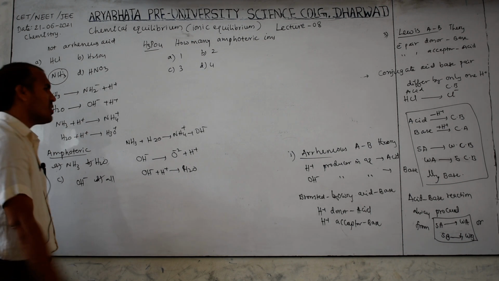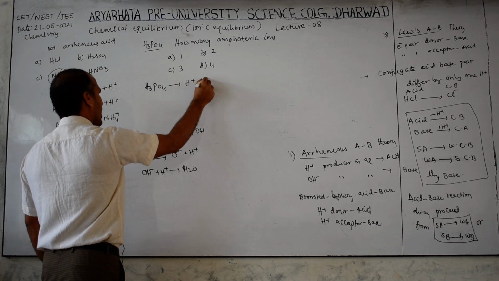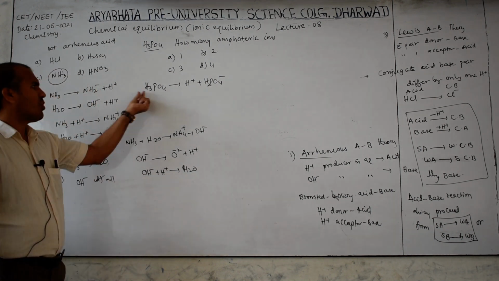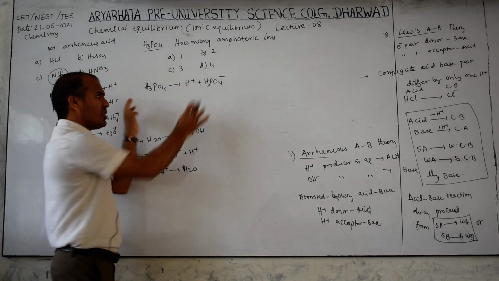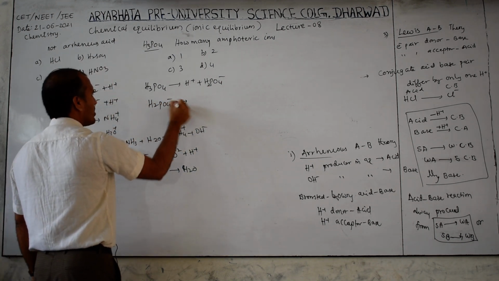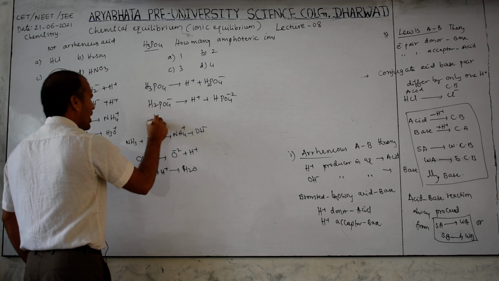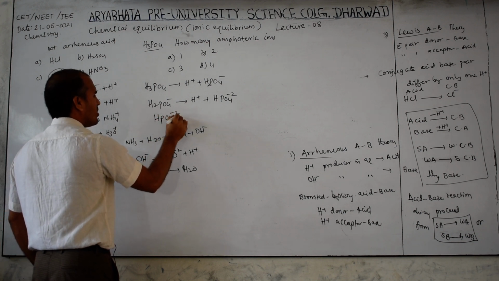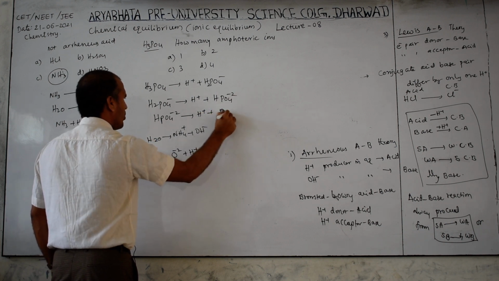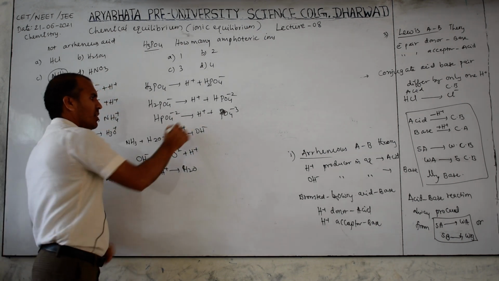How to answer? By Bronsted-Lowry theory, you know that H3PO4 ionizes into H plus plus H2PO4 minus. Here how many protons are there? 3. Here there is 1 proton difference between these two, because this is lost. Again this H2PO4 minus loses 1 proton and converts into HPO4 minus 2. HPO4 minus 2 again loses a proton, then it converts into PO4 minus 3. To this if you add protons, then you will get back.